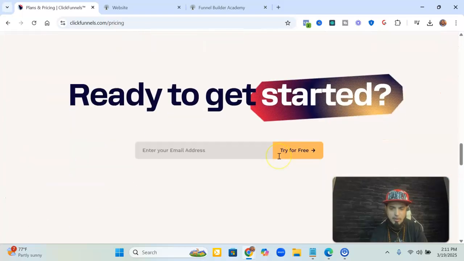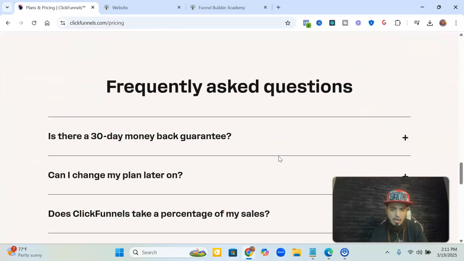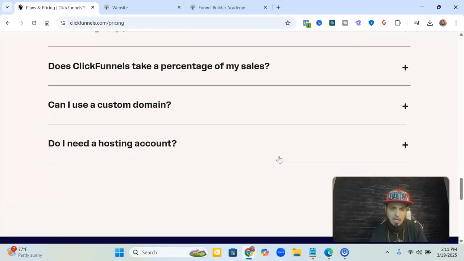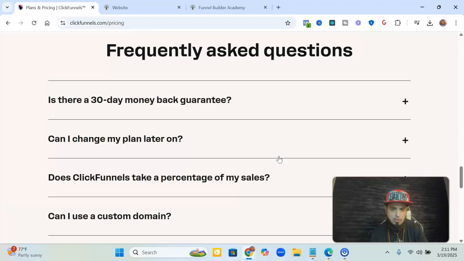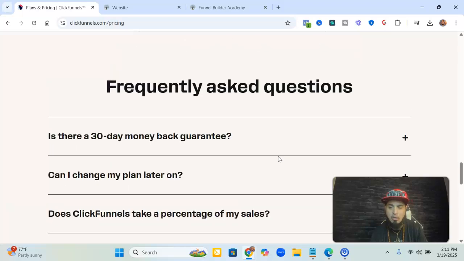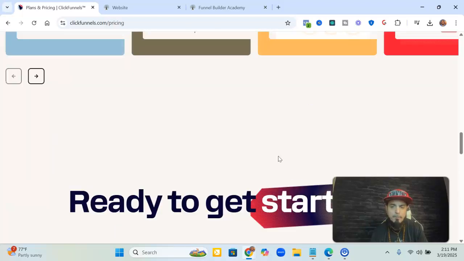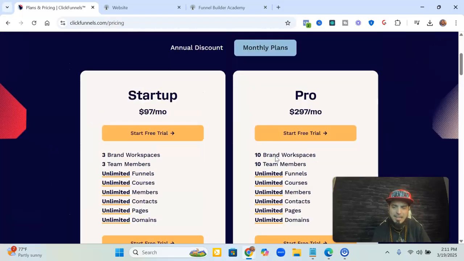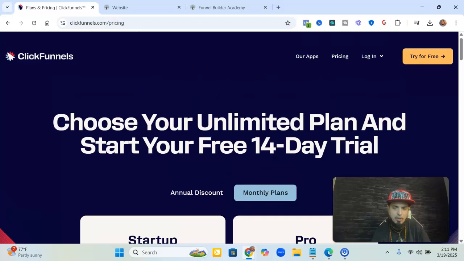ClickFunnels is a company that's been around for a while. They're very well established. And if you have any questions, your questions are down here. So you want to take a look at this portion as well. But basically, ClickFunnels is that platform that you can have a 14-day free trial,